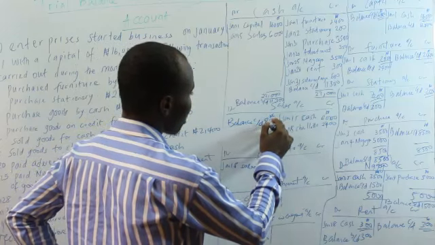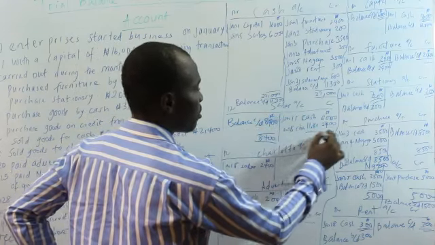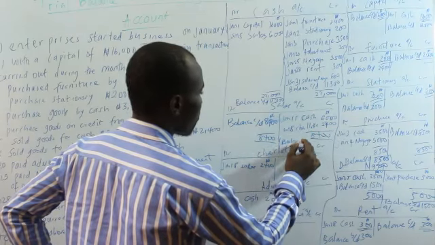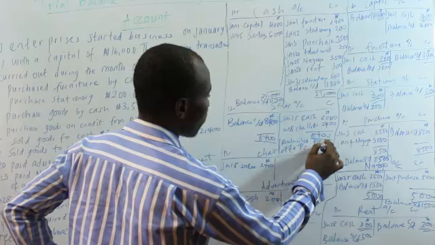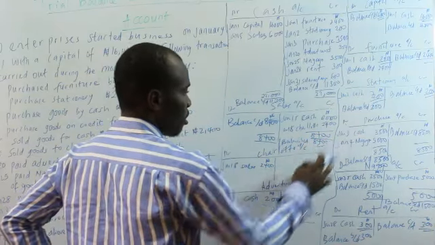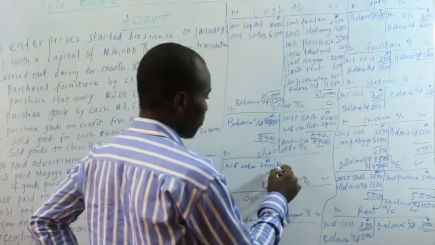Add everything. We have 8,400. We can have balance brought down 8,400. So we can have balance carried down here